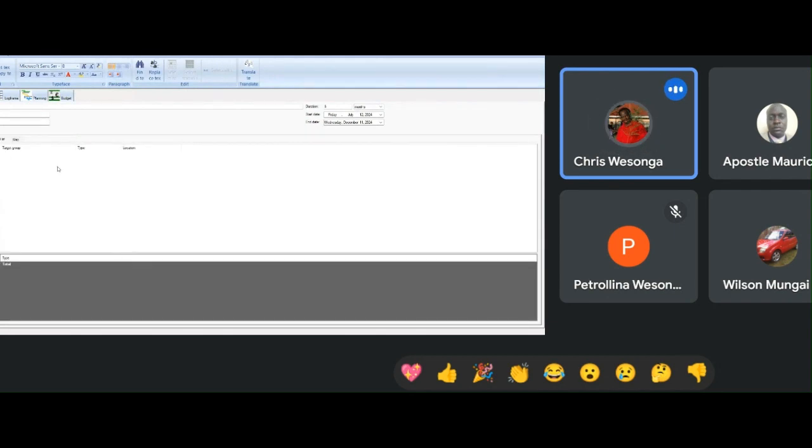How do you add a target group? You click on the target group tab here. It gives you an open sheet. Then, when you start clicking on it, you can type. On the top ribbon, there's a small yellow arrow. I don't know if it's visible on your part. Once you click on it, it will generate another dialog box